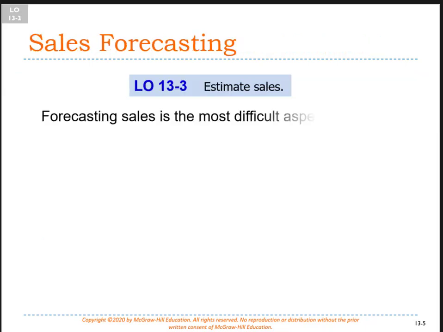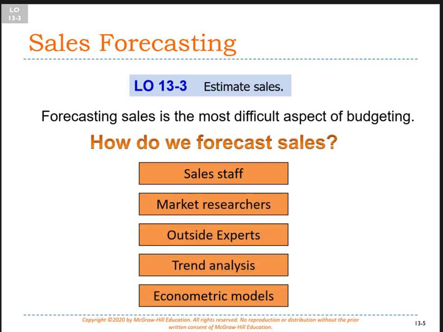Okay? So this process starts with forecasting sales. How are we going to do that? We're going to talk to our sales staff. We're going to do some market research. We're going to bring in maybe outside experts. Okay? We're going to look at trends. What's the increase been over the last 3 years? Okay, we're going to look at economics: what inflation is, what unemployment is, what the price of various inputs are in the economy. Those all have a basis on what we think we can sell. Talk to our customers. What's their outlook on the economy and on things that are going on in the world? Okay, so all of those inform our